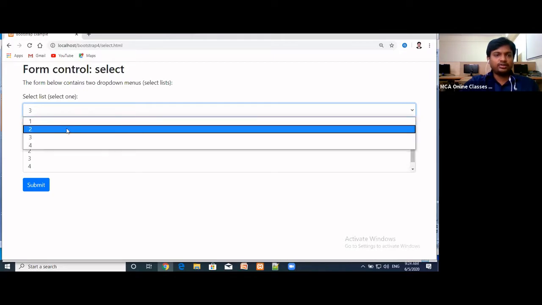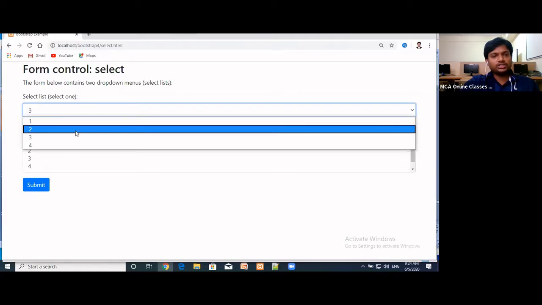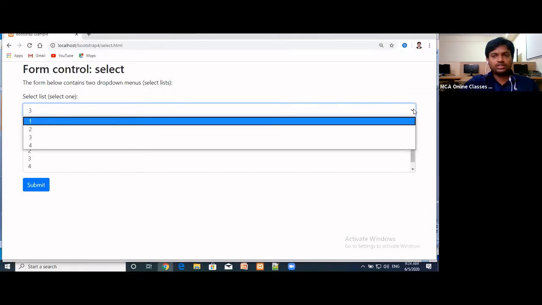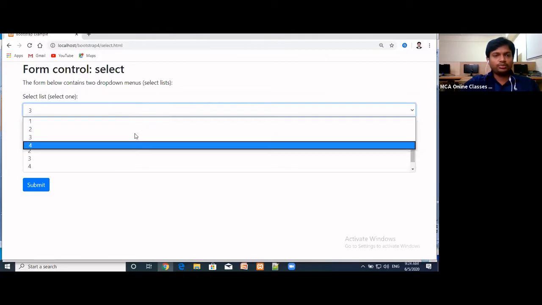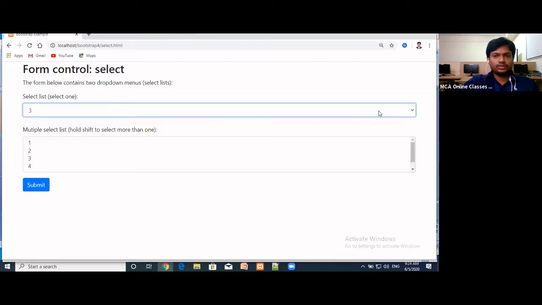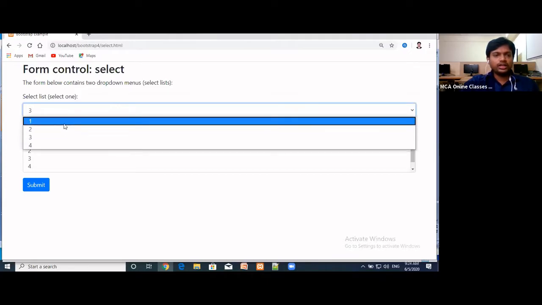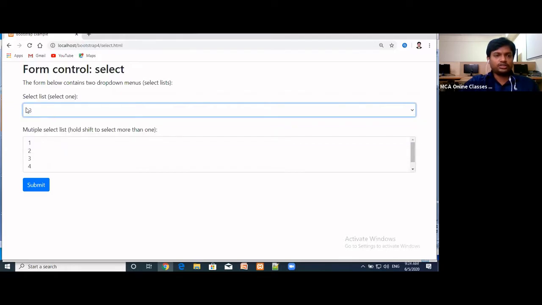Whenever we see form filling applications, we can observe states, countries, so there will be a list of options. For that we can use this select option. Here at a time I can select only one option. So this is the first category.